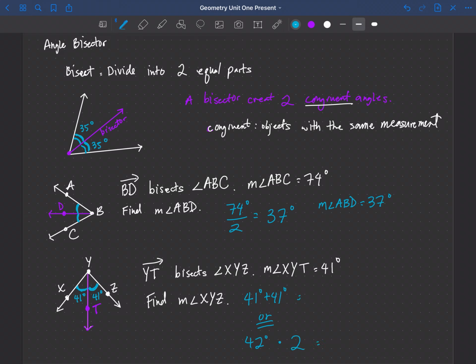Okay, 82 degrees, 41 plus 41, and then 41 times 2 equals 82 degrees. Okay, so you see you'll get the same answer there. Okay, and that's another application of where we